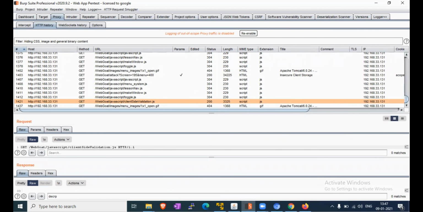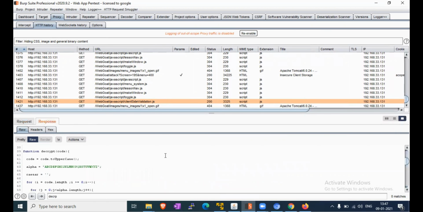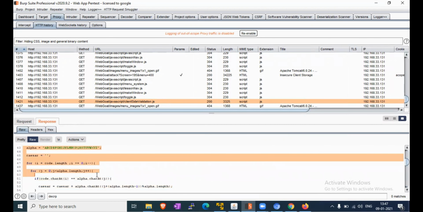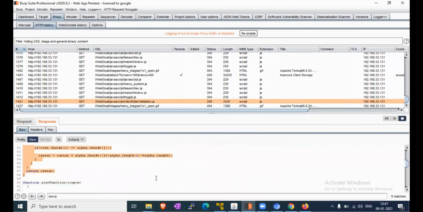Function code return carrier, something like that.